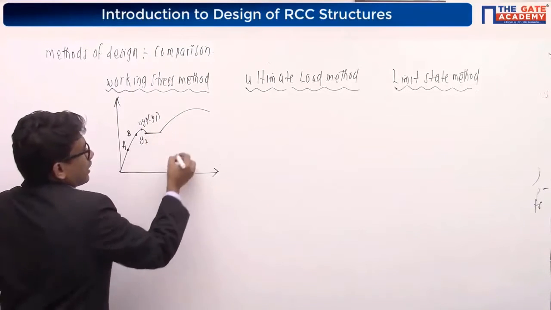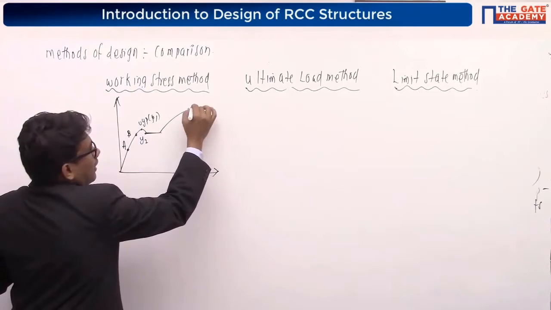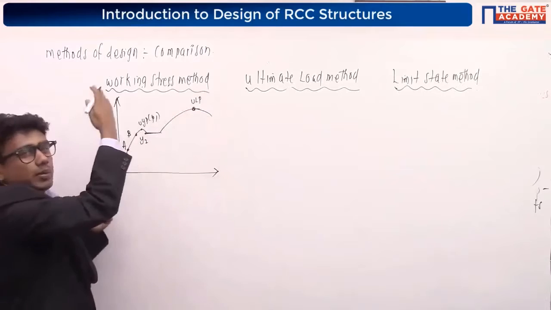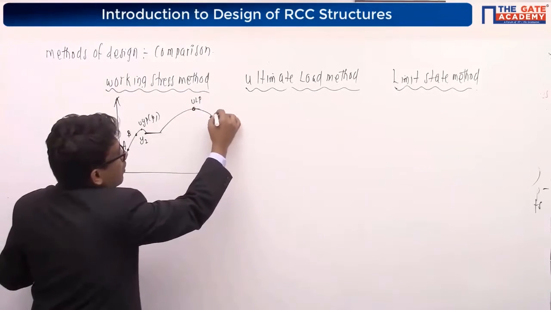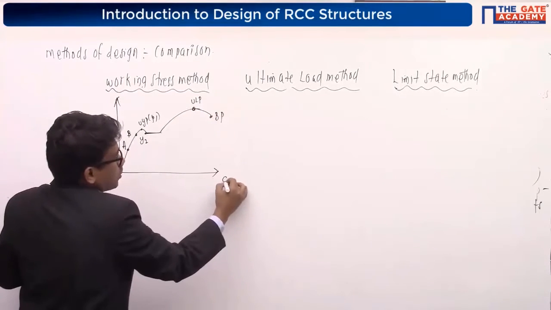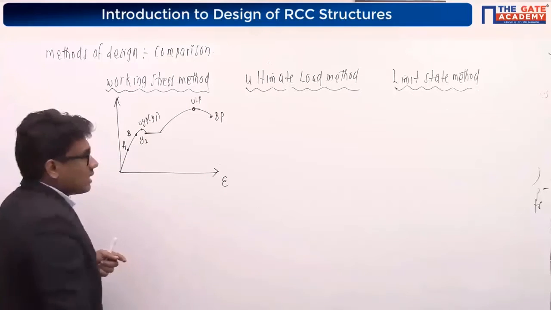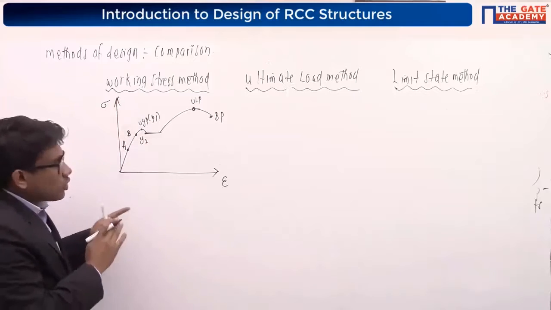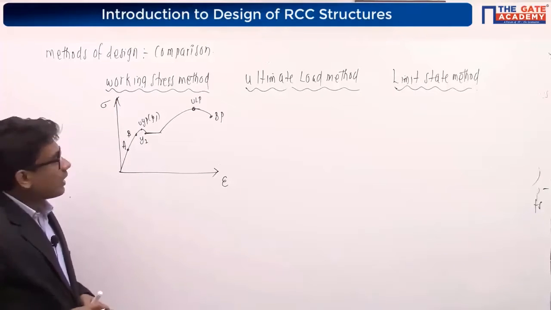This is called plastic region, and we will have our ultimate load point. That will give you the maximum stress value, and this will be our breaking point. Strain here is taken in the x-axis and stress here is taken in the y-axis. So this is actually our stress strain curve of our mild steel under tension.